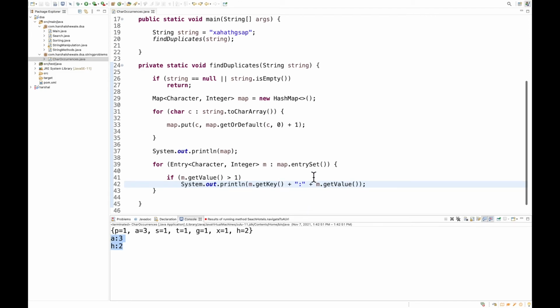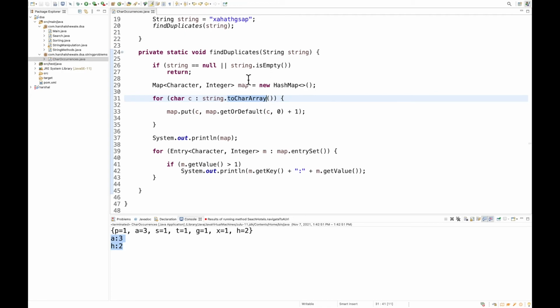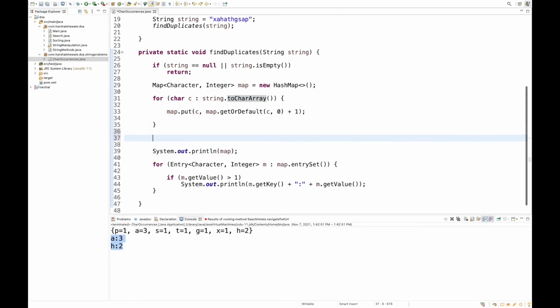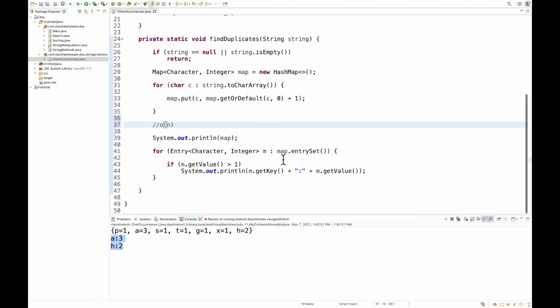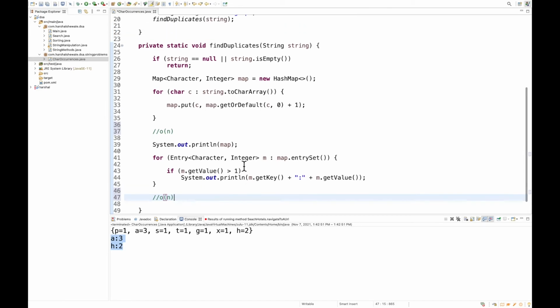Now what is the complexity of this problem? So you can see very first we took the map. So let's talk about time complexity. What is the time complexity of toCharArray? We are just splitting this entire string into the char array. The time complexity is O of n for this code. Now again we iterate through the map. So for this again the time complexity is O of n, because we are iterating only once, linearly, right? So overall time complexity is O of n plus O of n, which is equal to O of n. So this is a linear time solution.